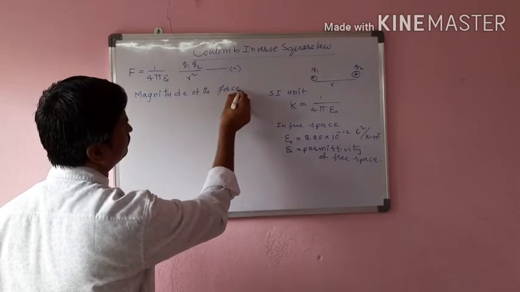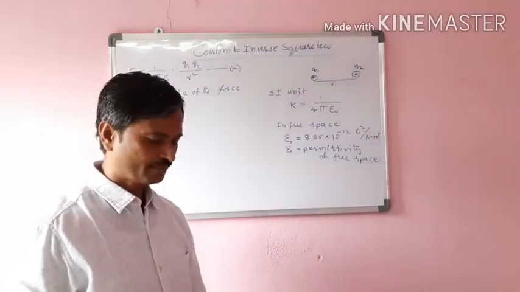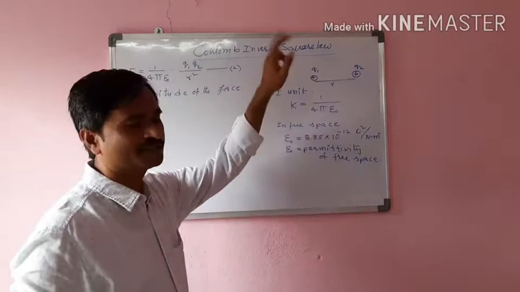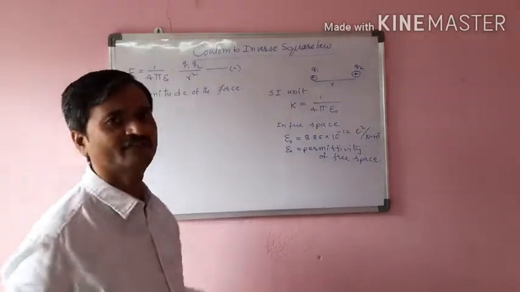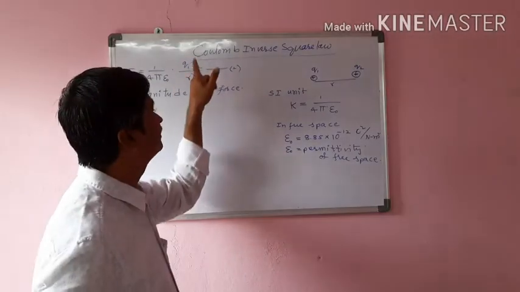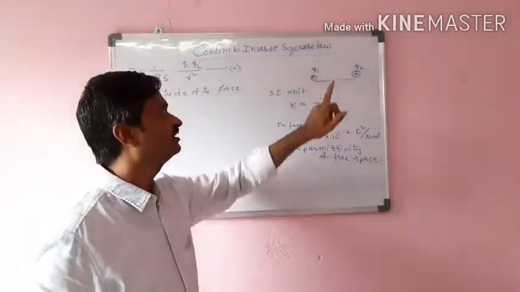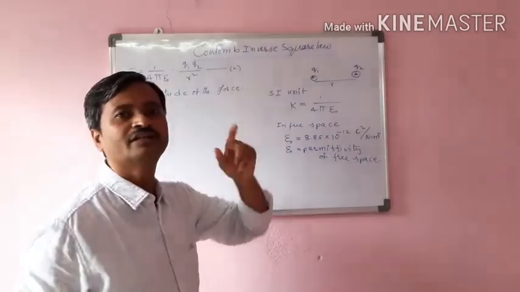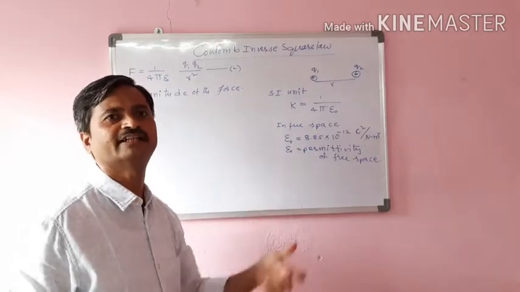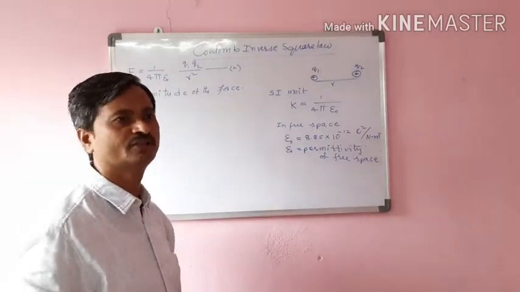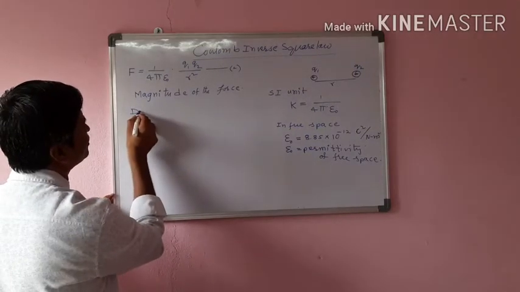Fine. Now we know force is a vector, but we also know that charge is a scalar. Then how do we get force as a vector? The vector nature is not due to the charges. This is due to the distance or the displacement between the two charges, the direction of displacement between the two charges. So let us take the direction of force.